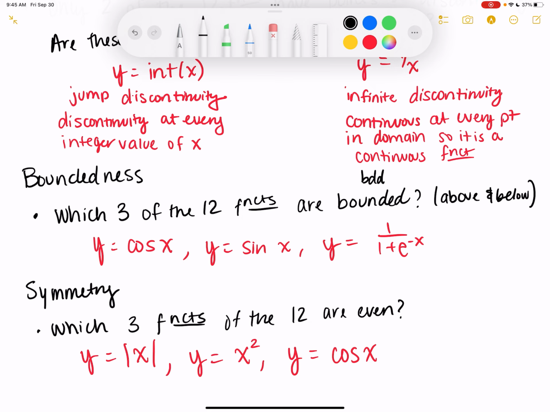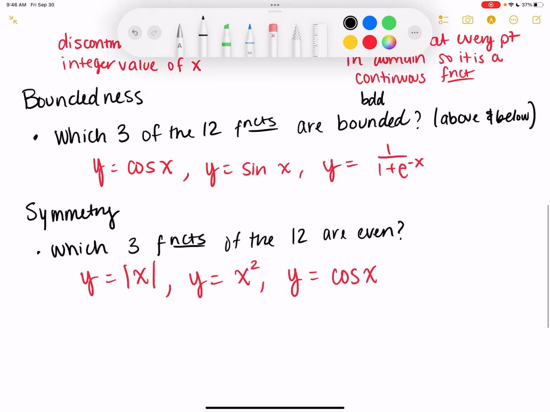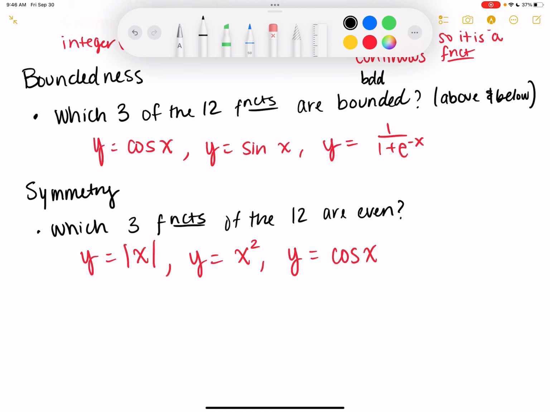So what we're going to do instead is I'm going to write the description out and you're just going to tell me the function. That's what you're going to do when you do your problems, because the first one is going to say the function whose domain consists of all non-negative real numbers. I would say that on the test or the quiz, and you would have to tell me what the function is, not, oh, it's number 3. That's why I'm going to do it that way, because I'm not going to print out 12 graphs and give them to you on the test. Okay, so number 14,